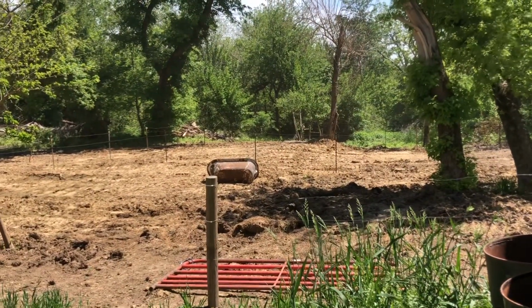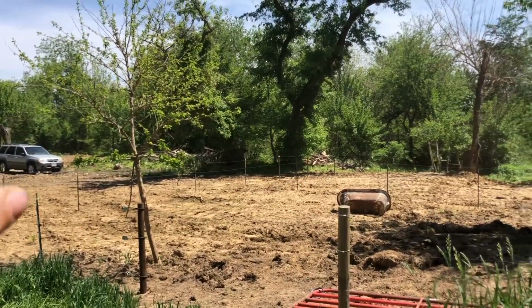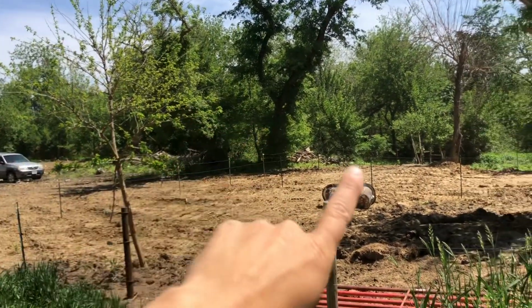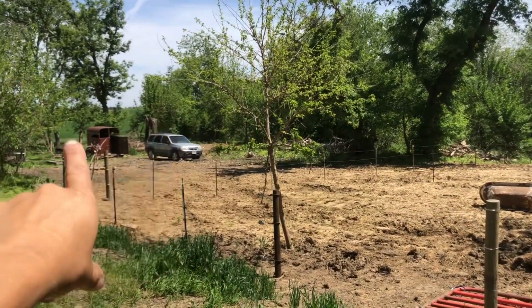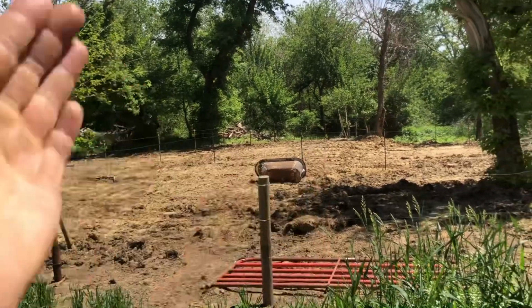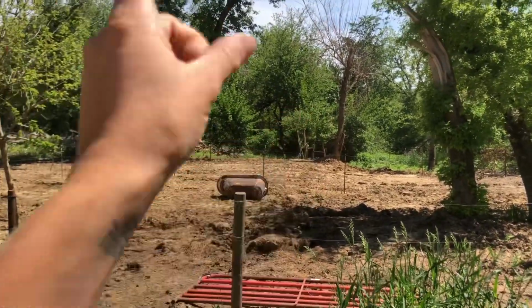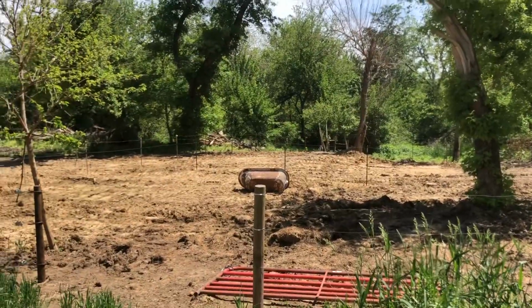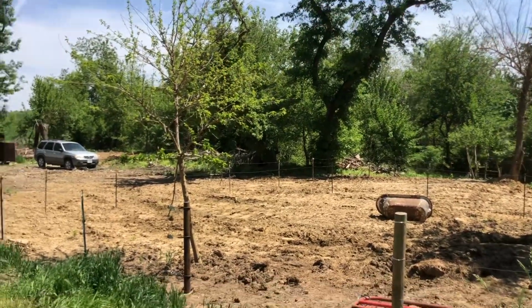but my next project is going to be fencing in a bigger area over here. So probably from about here straight across to the arena, because the arena is over there, straight across like this, and then I'm going to go straight back that way because it's not too far back that it opens up to a cornfield. And so I'm just going to fence in this chunk of timber right here,